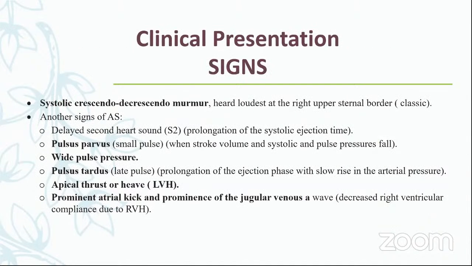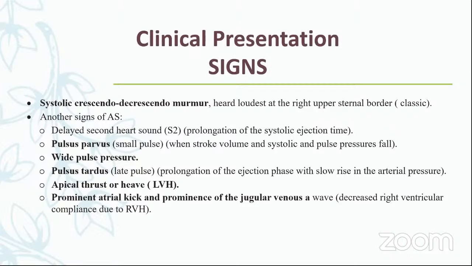What are the signs of AS? The classic sign of aortic stenosis is a systolic crescendo-decrescendo murmur. Other signs can include a delayed second heart sound due to the prolongation of systolic ejection time, and pulsus parvus, which means small pulse, due to the fall of the pulse pressure, systolic pressure, and stroke volume. Pulsus tardus is a late pulse, also due to the prolongation of the ejection